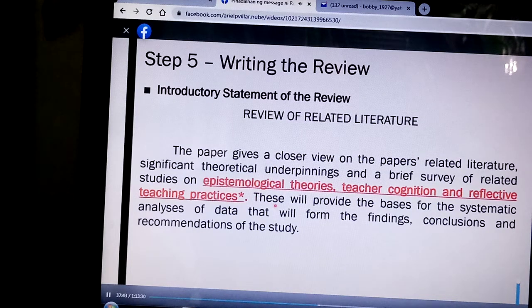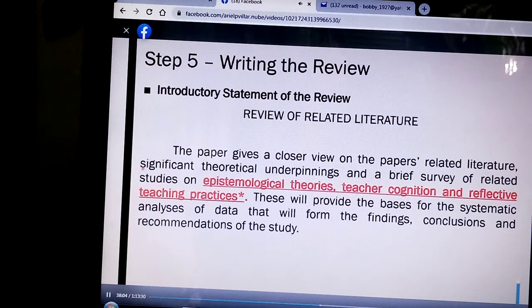Ito, pwede nyo nang kopyahin ulit ito. This will provide the basis for a systematic analysis of the data that will form, or that form na lang, wala na yung will. Okay? Tanggalin nyo na yung will, kasi ito ay, kung proposal pa lang, may will pa. That will form the findings, conclusions, and recommendations of the study. Lahat po kayo,